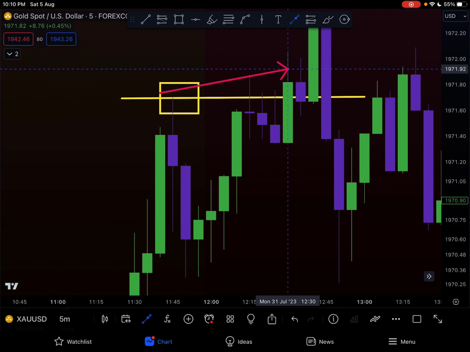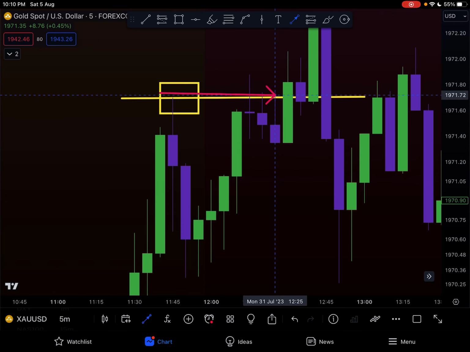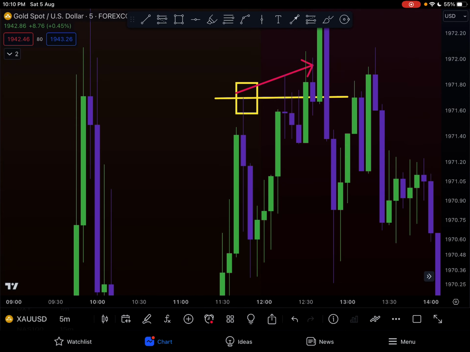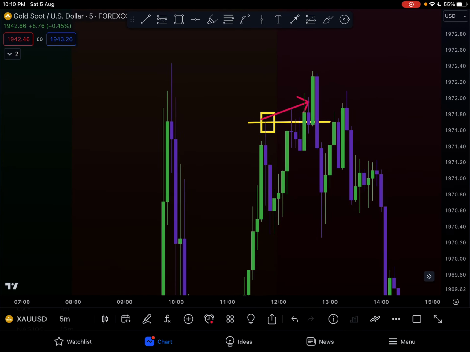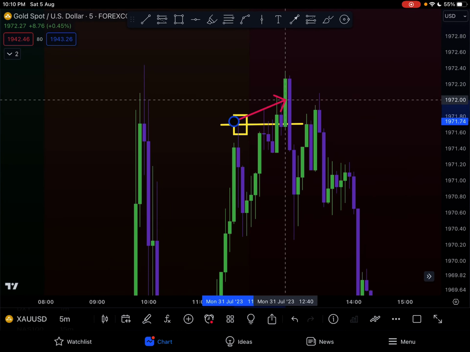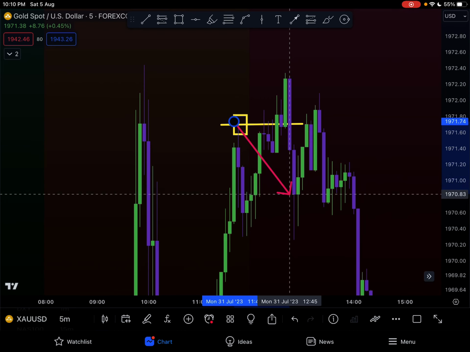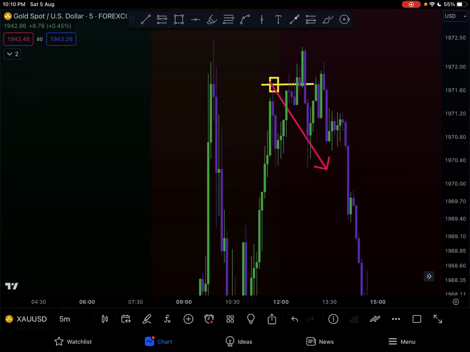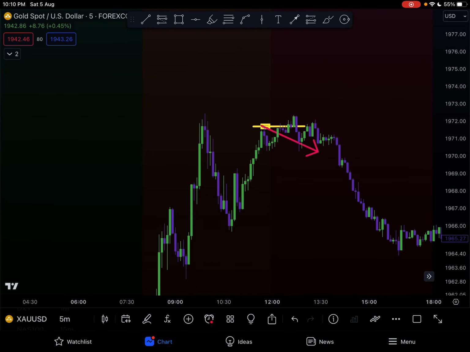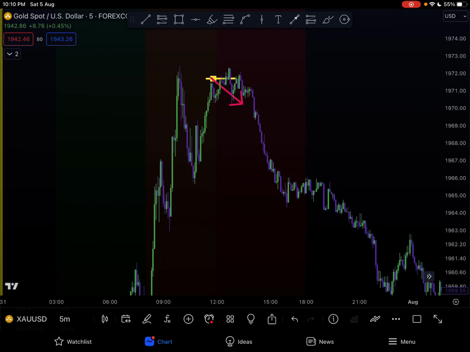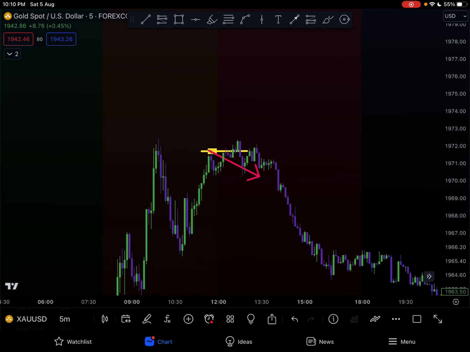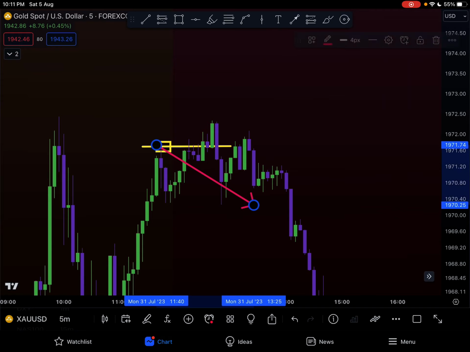Do not. And I want to explain why again in a second. Do not be a buyer above this. Look what happens the moment you would buy. Price rains down on you all the way to the target. Oh my God. Look at that. Beautiful run. Beautiful run. But this is what I mean.